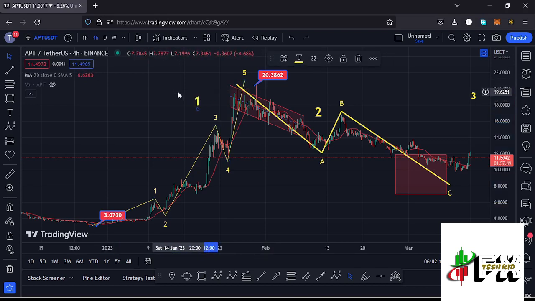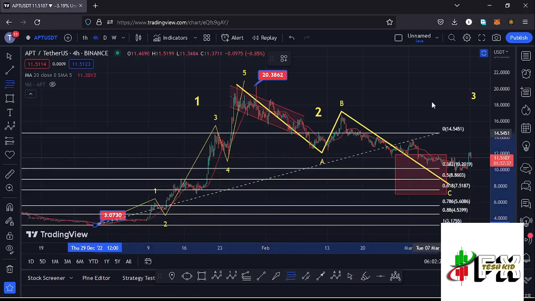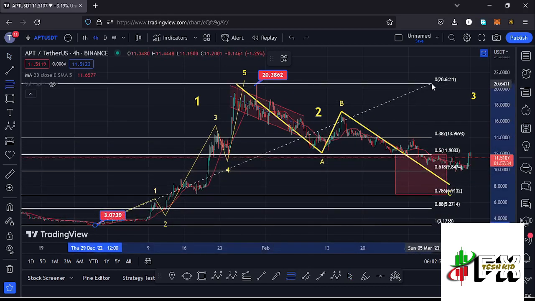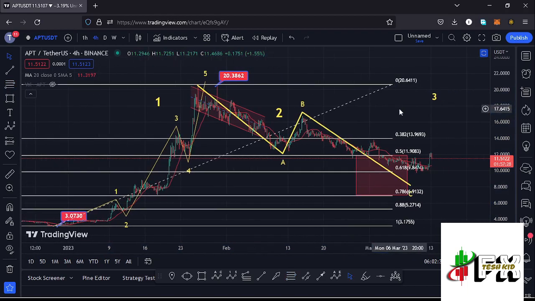And after seeing the formation of this wave 5, we completed an even larger Elliott wave count 1 to the upper side, and after seeing the formation of a larger Elliott wave count 1, whatever we expected next was a corrective structure to the lower side in the formation of a larger Elliott wave count 2, and using the Fibonacci connecting them from the low of the first wave to the high of that wave 1, I was able to come up with a minimum retracement area to the lower side in the formation of that larger Elliott wave count 2,